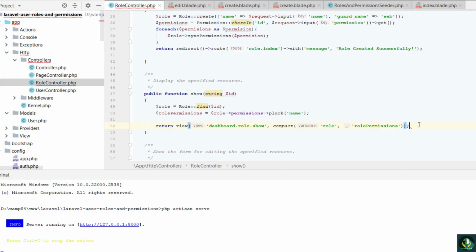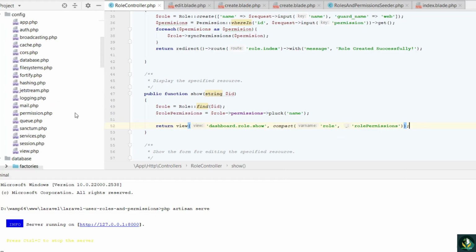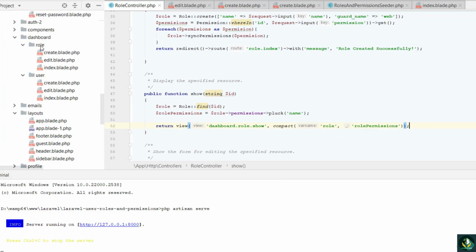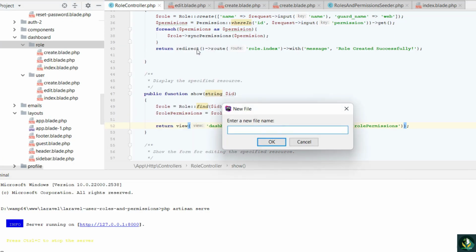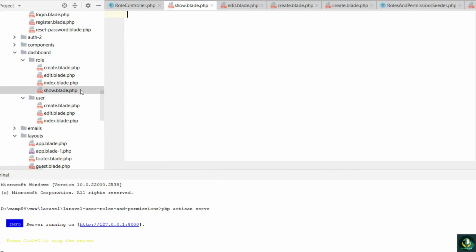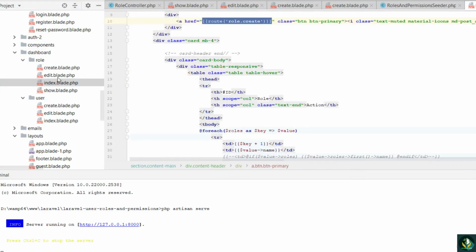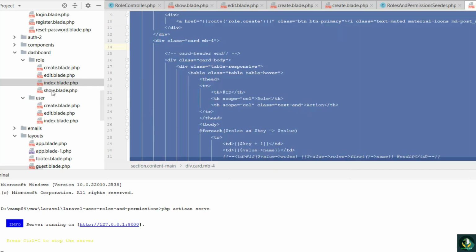Let's end it with semicolon and save it. Now we need to create a view. So let's name it show.blade.php. That's fine. After that, let's copy it and paste it here